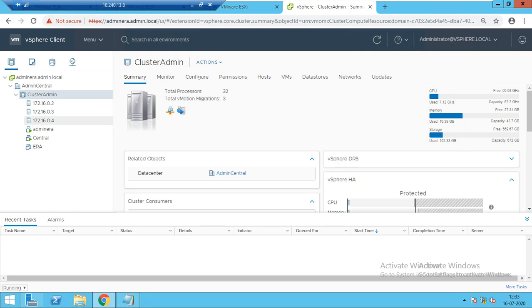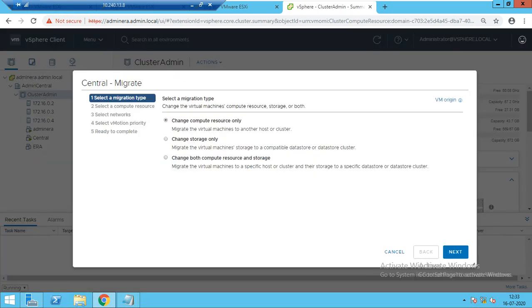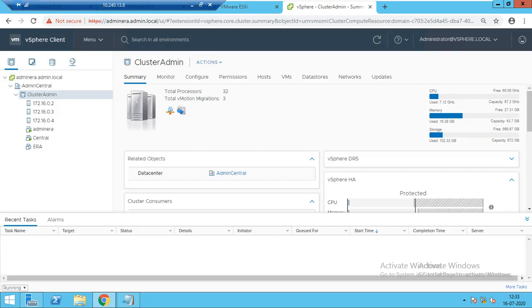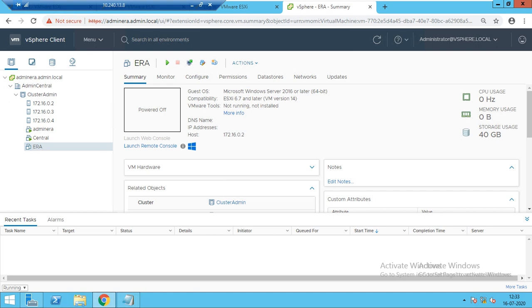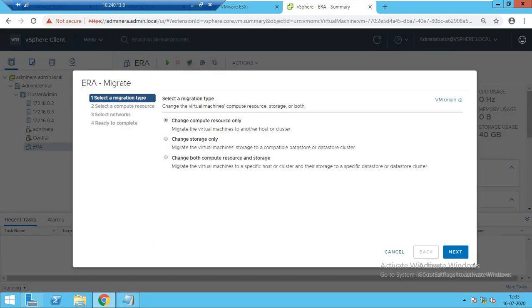And there is a third option, I'll show you. Migrate, change both. In this condition, you need to power off your virtual machine. I have a powered off machine, which is on 2, and I'll put it on 3. So right click, migrate, change both compute and storage.